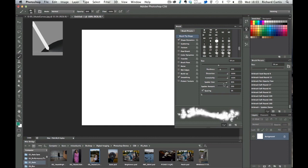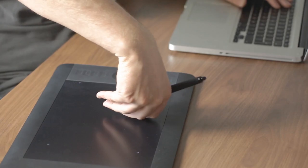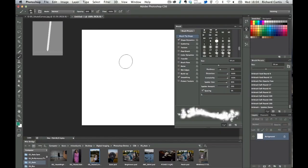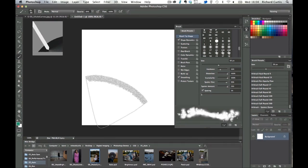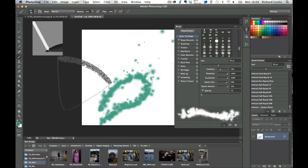what airbrushes do. Now you can see also brush projection is turned on for this brush as well, so when I move my pen on my tablet, you can see the shape of the airbrush changing as I move this around. And if I just put some colour into this panel, you can see the effect that the airbrush has